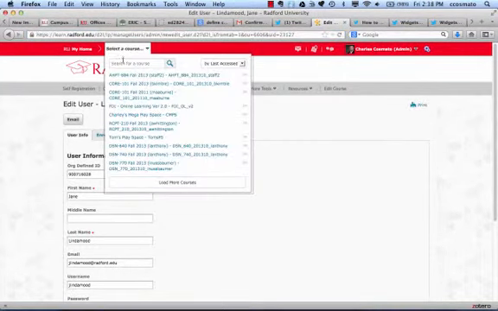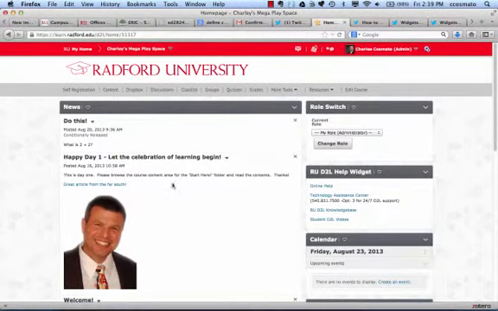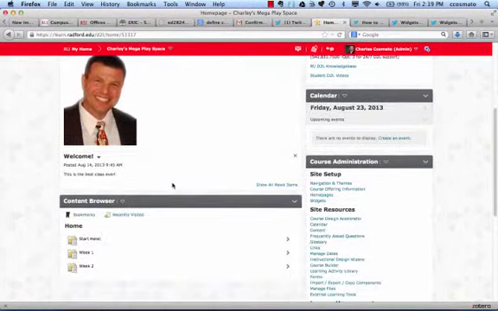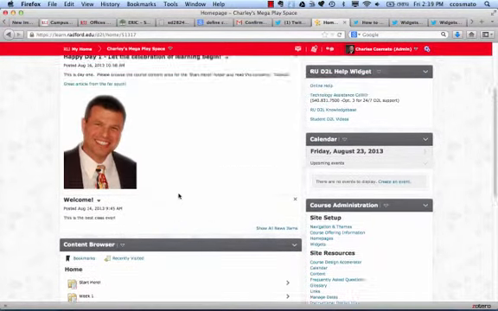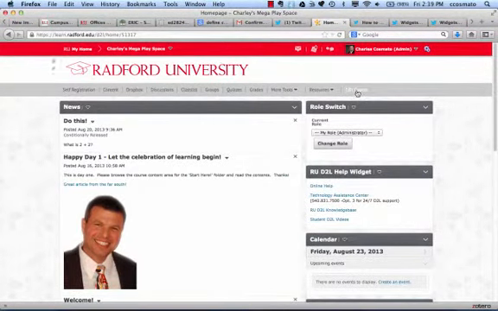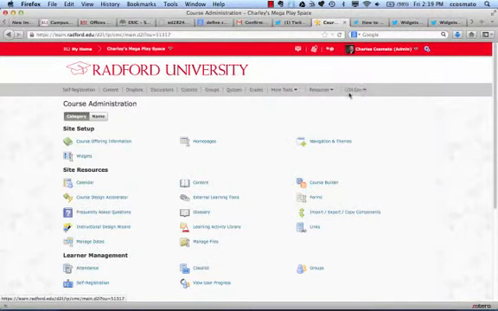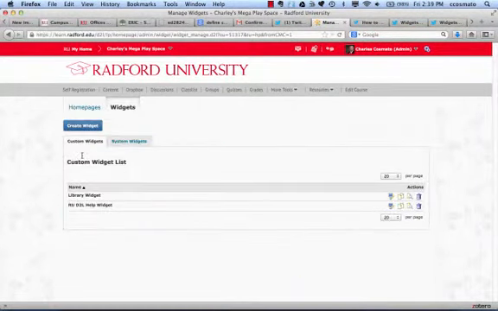and let's go to my Mega Play Space course. And this is just a place where I play, and I'm going to go to Edit Course, and we have an option to change our home pages and also to create widgets. So I'm going to go to Widgets,